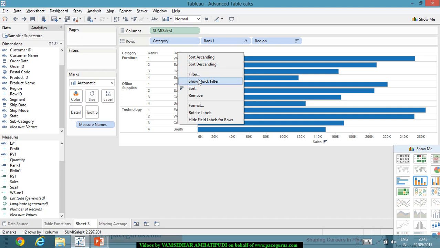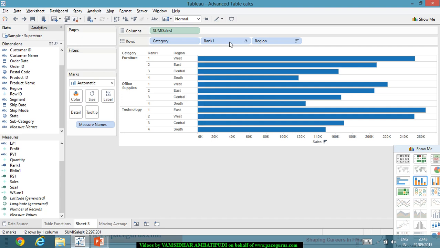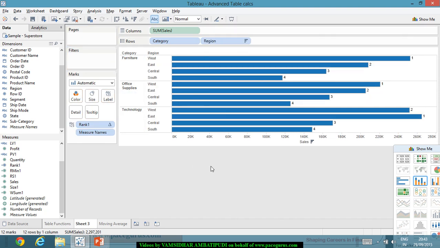Right, so which means the rank from here, let me try pulling this rank onto the labels. Okay, so from here, let me try pulling the rank onto the label. So I'm getting 1, 2, 3, 4, 1, 2, 3, 4, 2, 1, 3, 4, right? So now that I have the labels here,